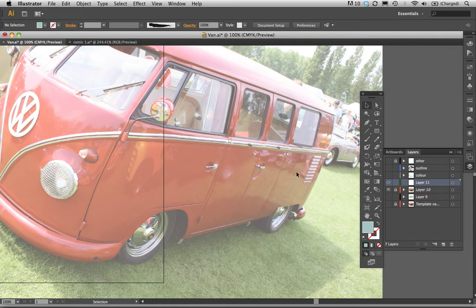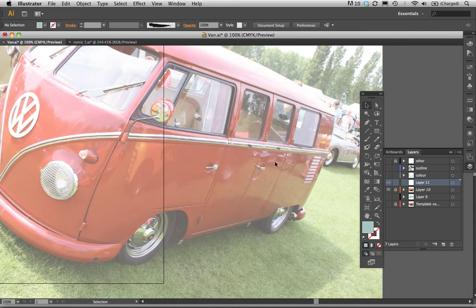It's up to you really, there are lots of ways of doing it, and the thing to do is really to experiment. But I'm just going to show you how you might want to trace and then leave it up to you. So we've just put a new layer in, and I've decided that I'm just going to trace a highlight around the side of the van, and away we go. So just choose the pencil tool, use this door line as a kind of starting point,